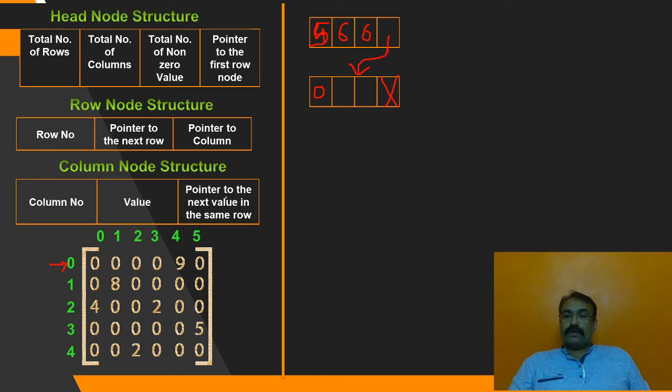That column node is going to give me the information about the non-zero element present in that row by which it is pointed. So we are going to create one more node, called a column node, having a different structure than the row node. Again, by mistake I have drawn it with 4 fields. It should have only 3 fields. Now where will it be pointing? This will point here to this node. It will contain the column information in which you have non-zero elements. Column number 4. What is the value? 9.